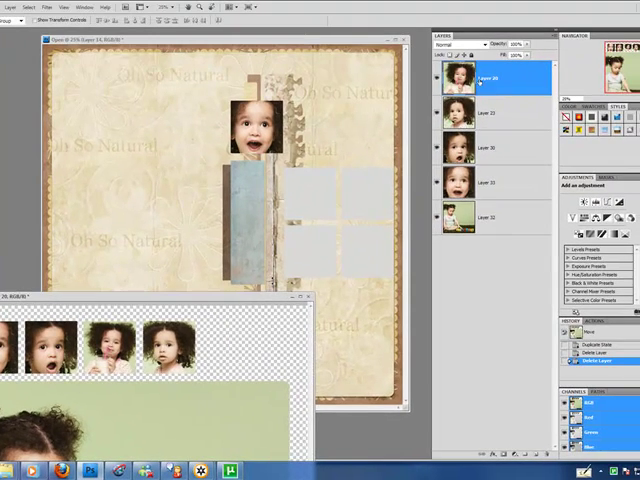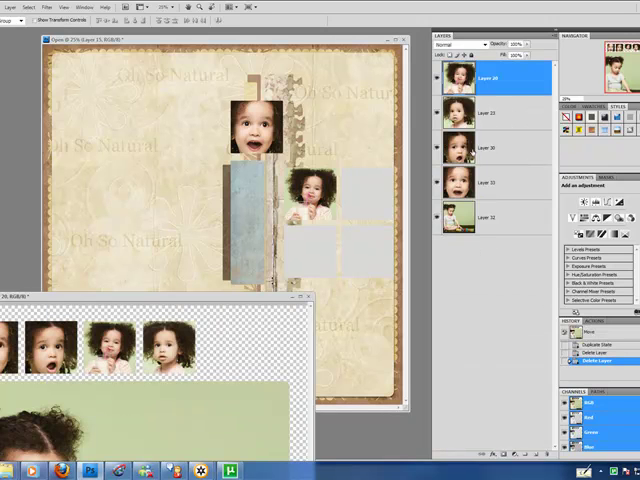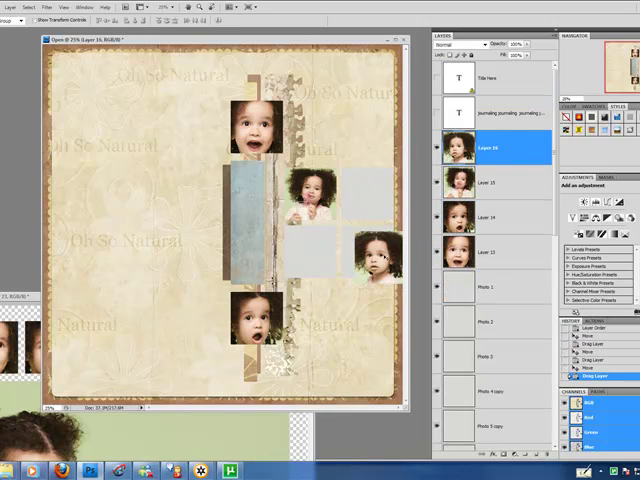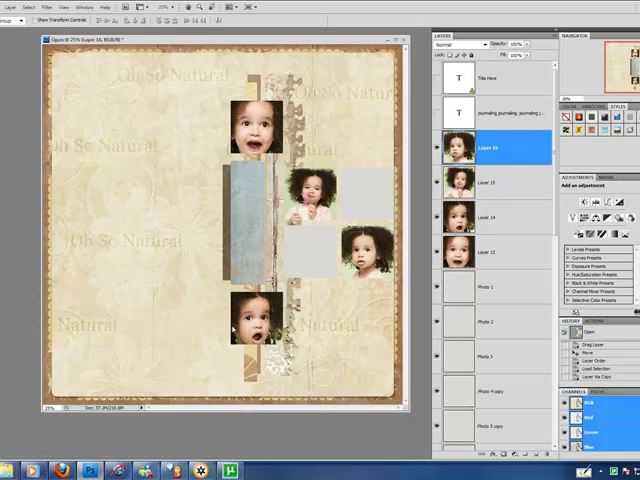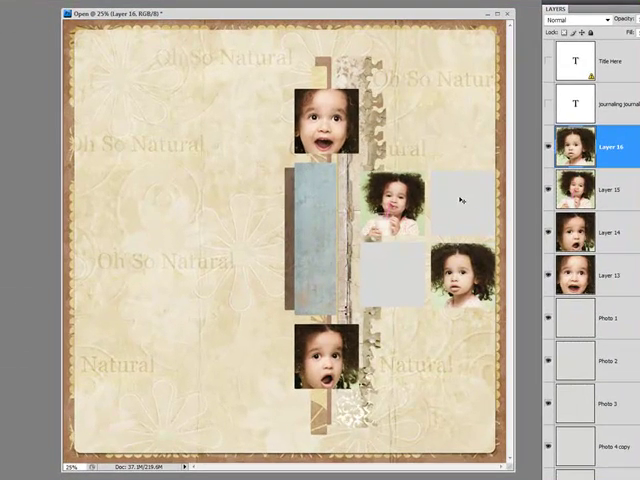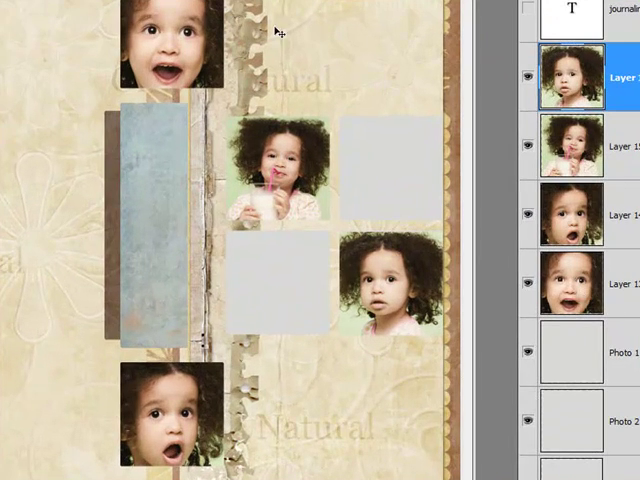Ready to go. So I'm going to add photo 3 here, and I'm going to add photo 4 here. Isn't that so cute? Now, because you see we have 2 extra blocks, you can either turn those off completely,